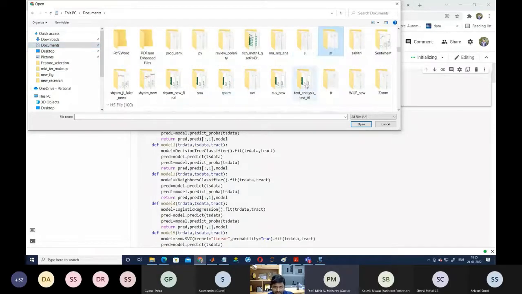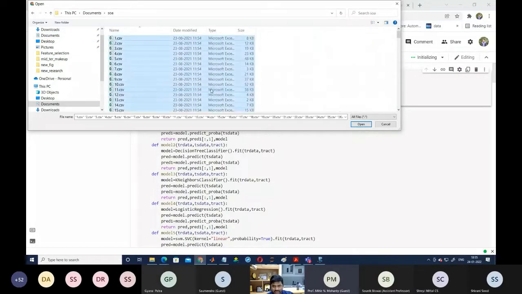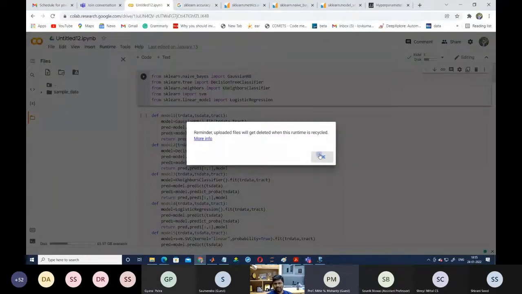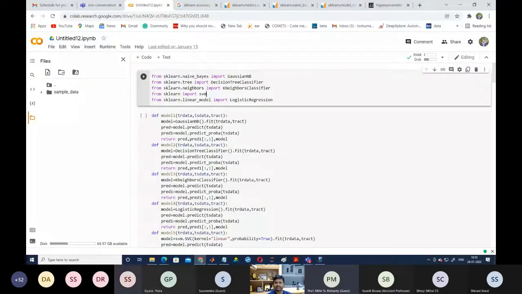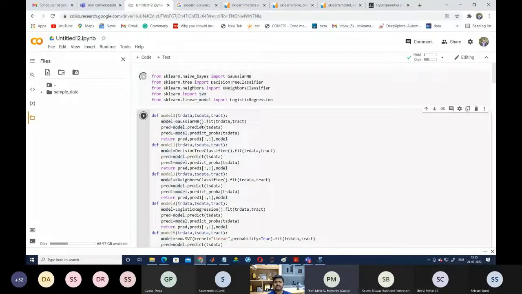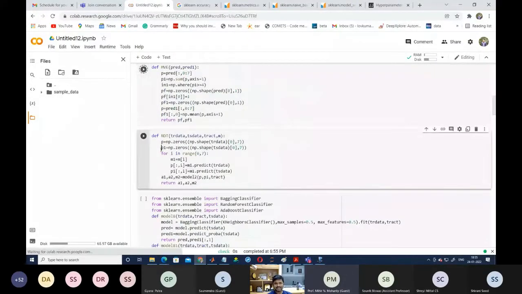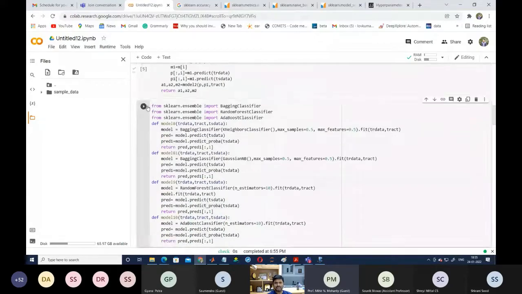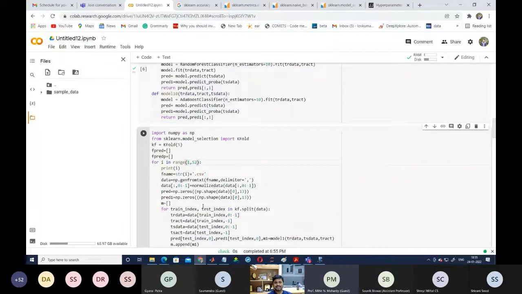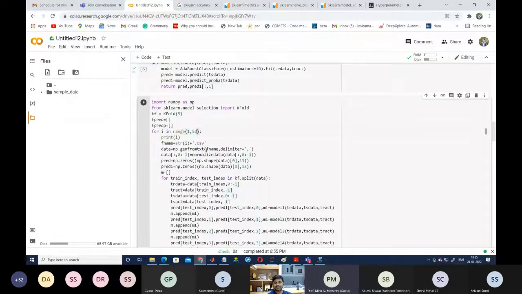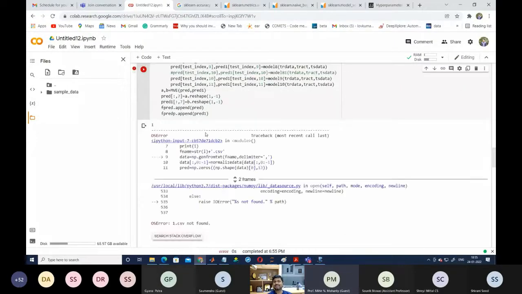So here you can see we are going to insert all the data, then you have to execute. It will start working for your case. So these are the models we are using. If you are going for 52 different models, it will work for all the cases. Now the data is loading here. Once the data loads, it will work for all the cases.